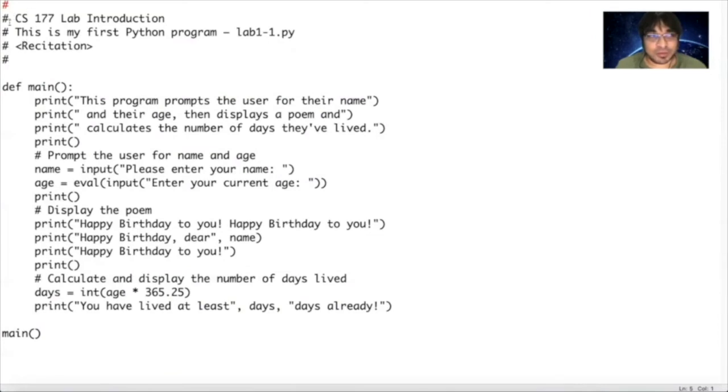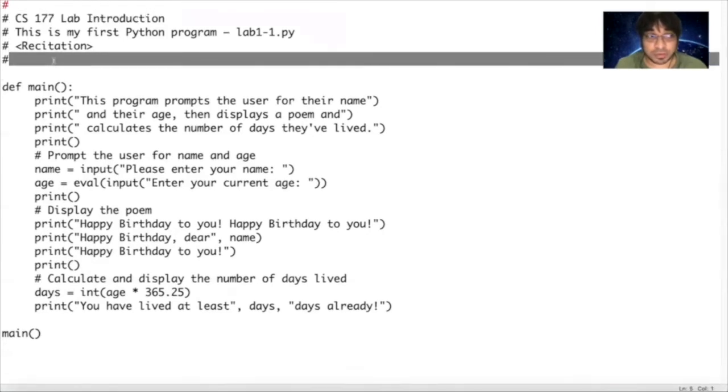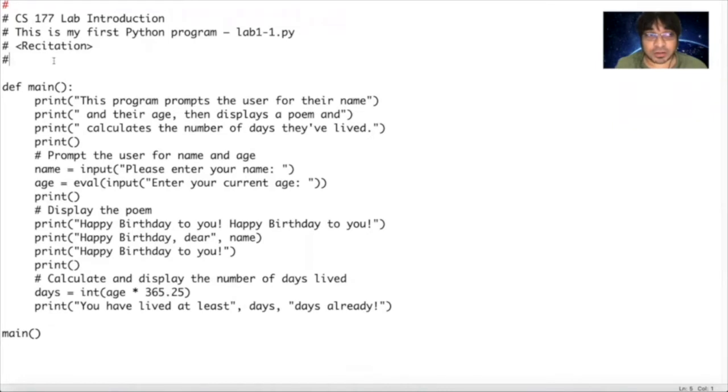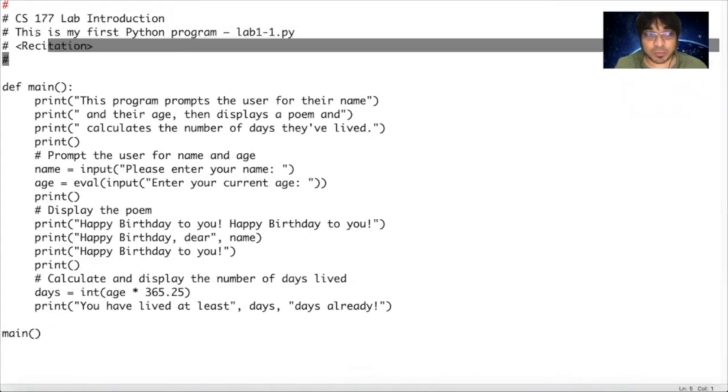So every time you put a hashtag or a pound sign in front of a line in Python, that means that it's a comment. So Python will not consider those as part of your executable program, but they're for describing what you are doing.